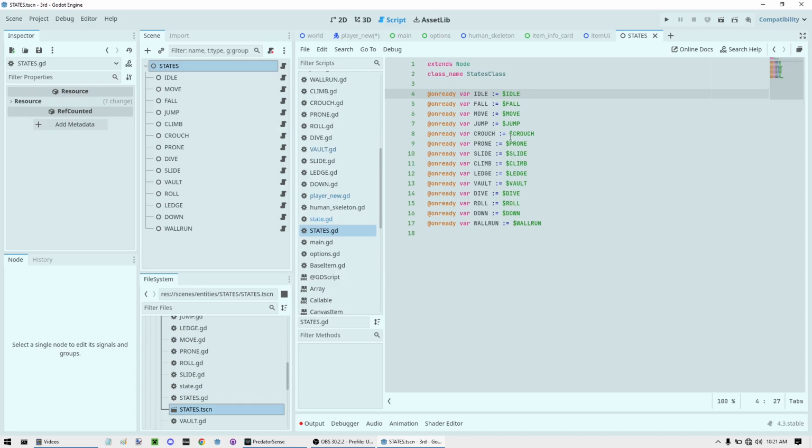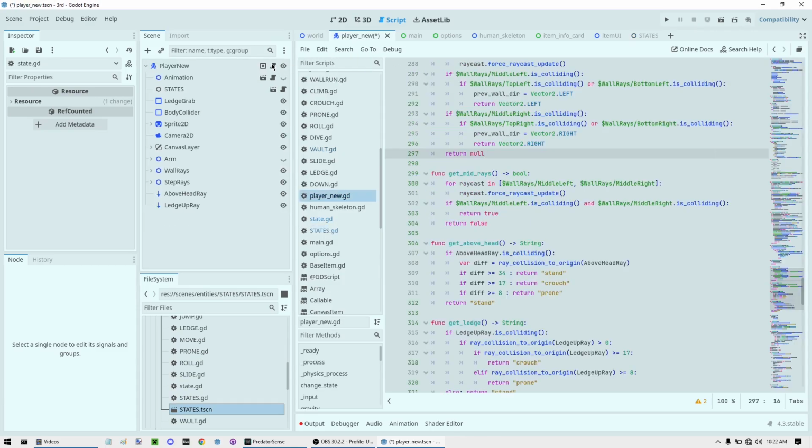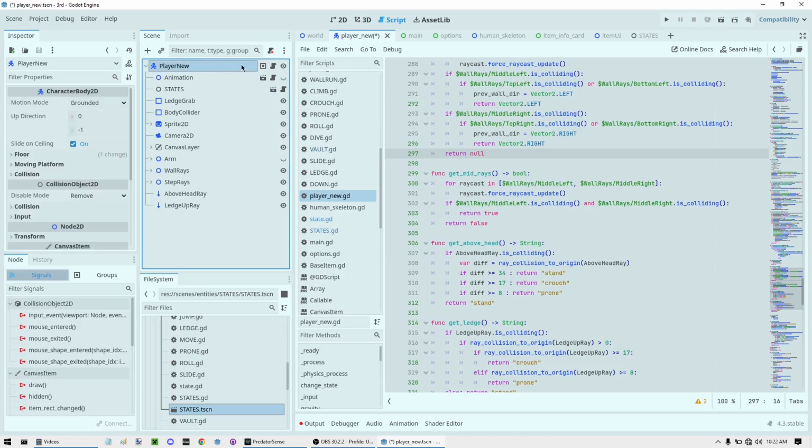Pretty simple. This is how you add states. You make a new node, child of states, and you gotta remember to reference it here. And then we are gonna go to the player scene again, and I'm gonna show you the player script right here. This is the script attached to the character body 2D. So attach a script to that,